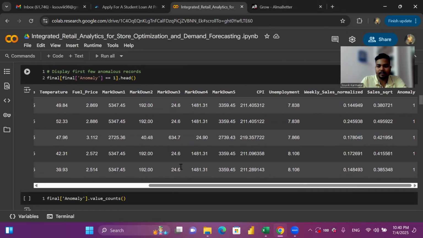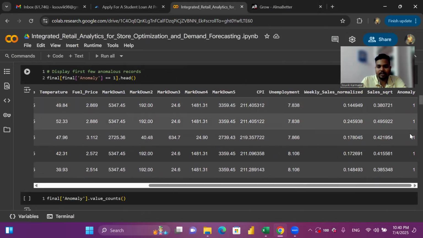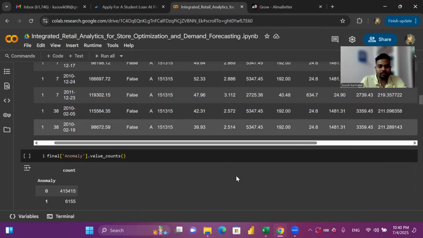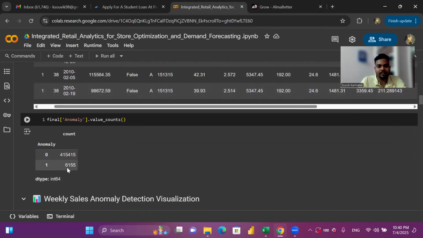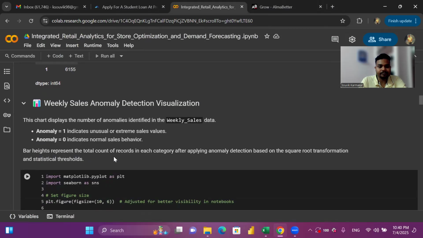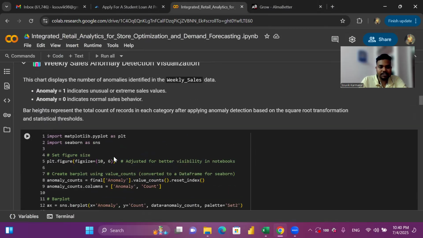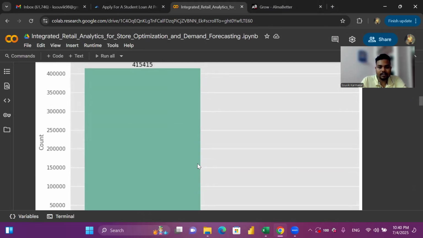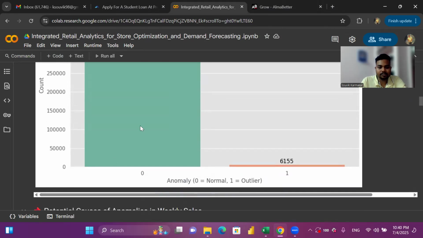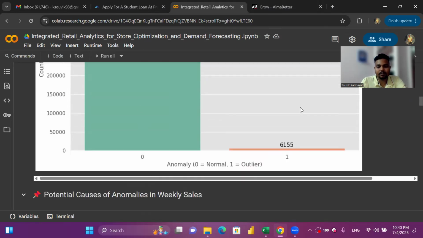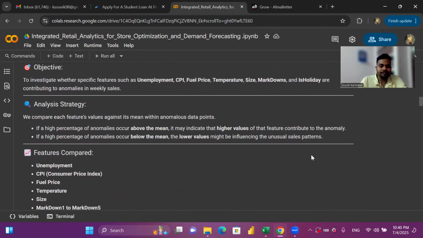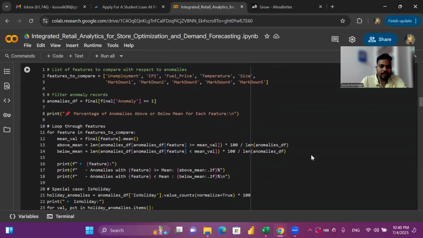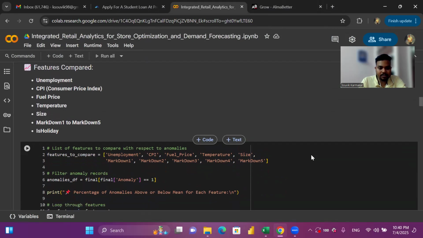This is the view of the anomaly data. You can see I have filtered anomaly equals 1. So these are the anomalies: 6155 anomalies are present, and the good data is 4 lakh 15,415. This is the distribution of the anomalies for weekly sales anomaly detection. These are the non-anomaly values, and only 6155 values are anomalies. After that, we plotted a list of features to compare with the